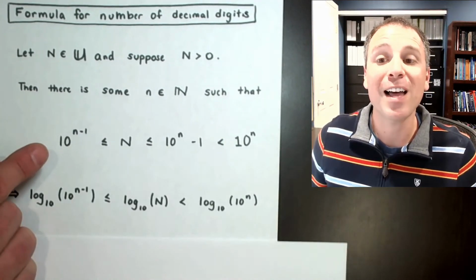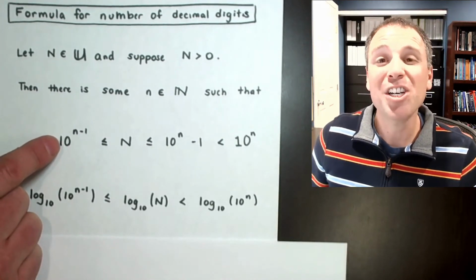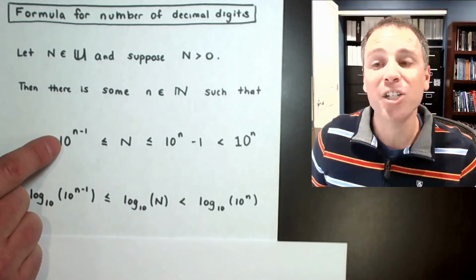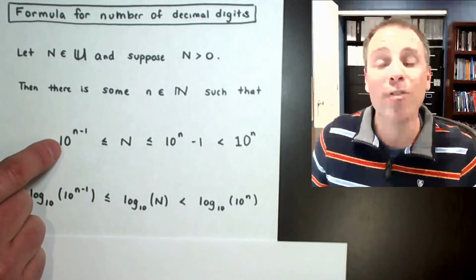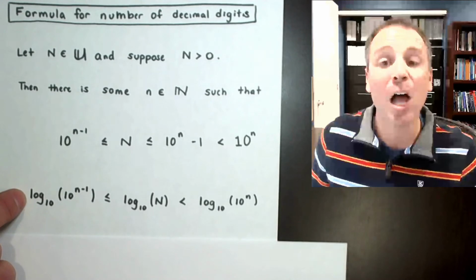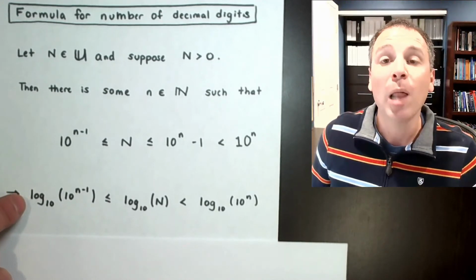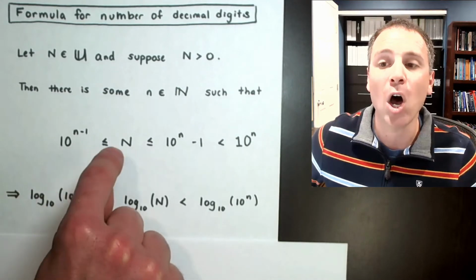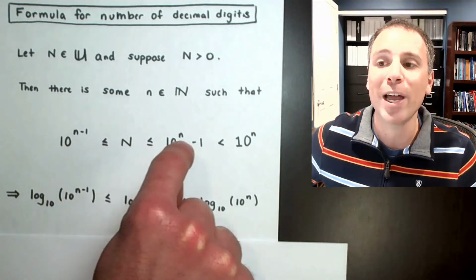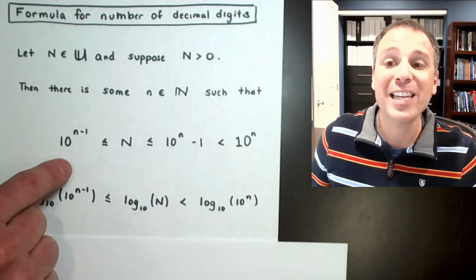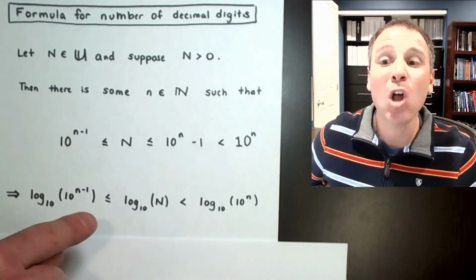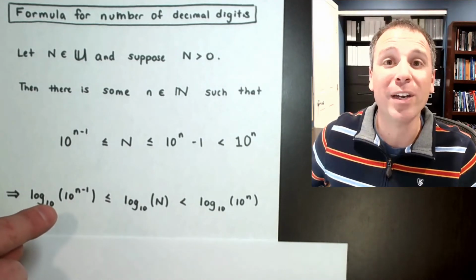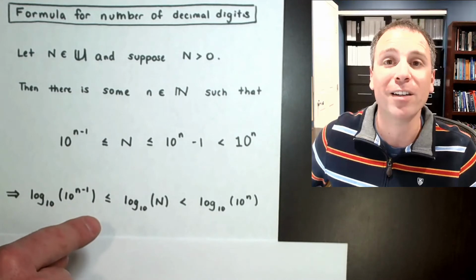Remember from our previous lives in mathematics, though, we actually know how to undo this exponentiation. We know how to get rid of the base by applying a log function. Moreover, log is a monotonically increasing function. In other words, if I apply a log to every single individual entry in an inequality, as long as the entries are positive, the log maintains that inequality. That's what we say when it's monotonically increasing.